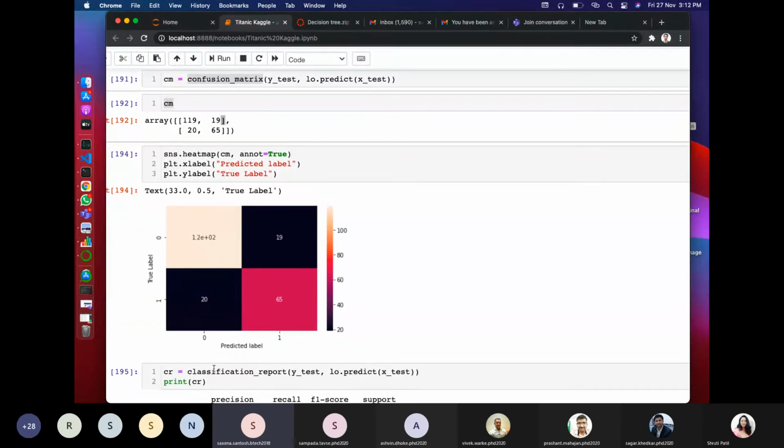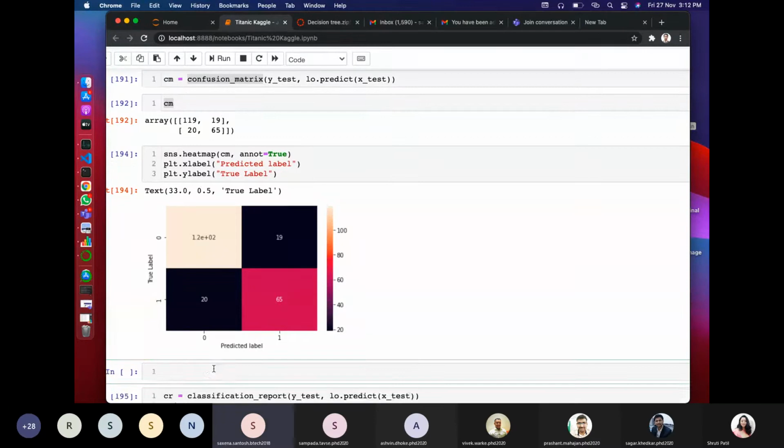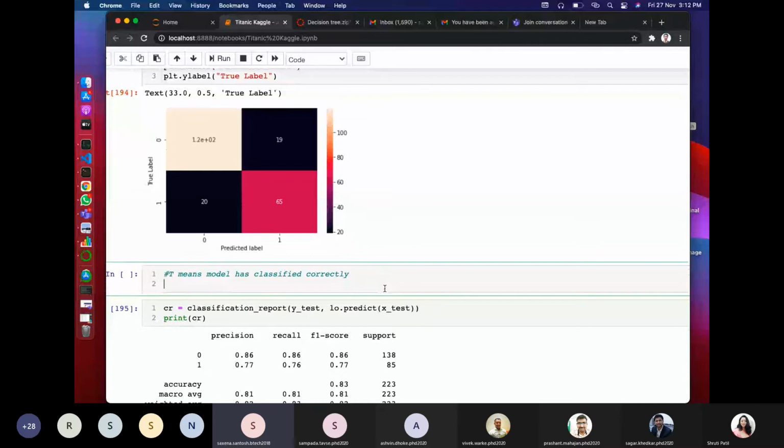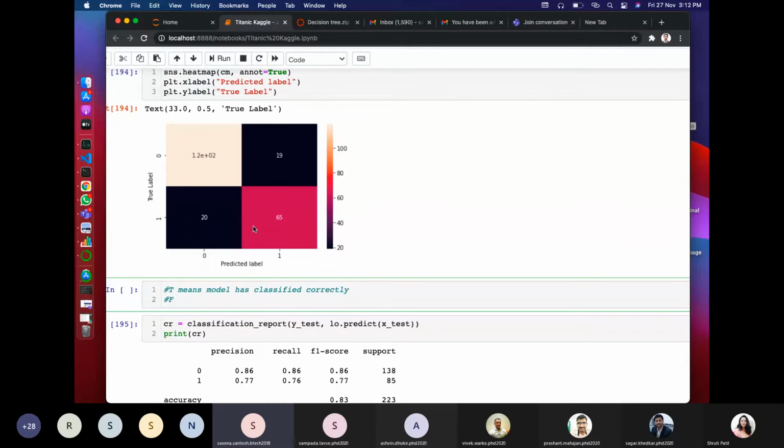So True means the model has classified correctly, and positive and negative mean the classifiable variables, which are 0 and 1, survived or dead. Now what does False mean? False means the model has not classified correctly.